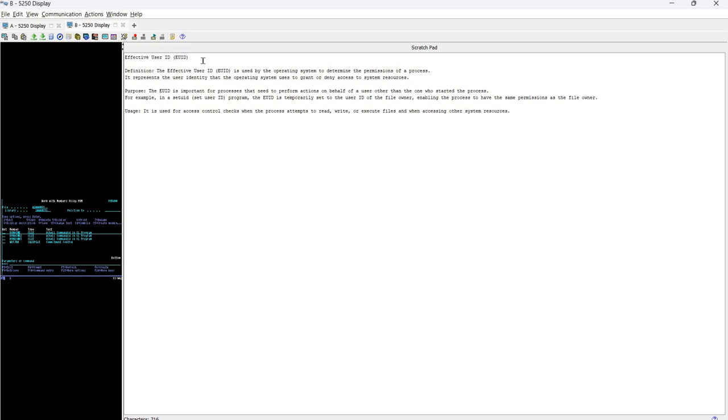Effective user ID or EUID. Some people refer to it as EUID, some refer to it as effective user ID, so you should know that EUID stands for effective user ID. Now the definition is: the effective user ID or EUID is used by the operating system to determine the permissions of a process. So it is clear that the operating system uses this EUID in order to determine the permissions